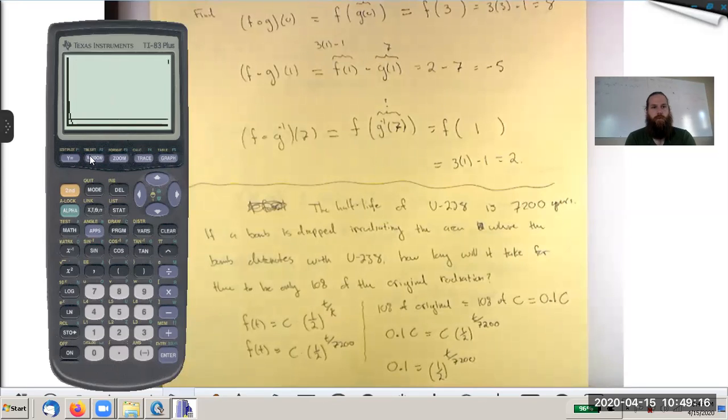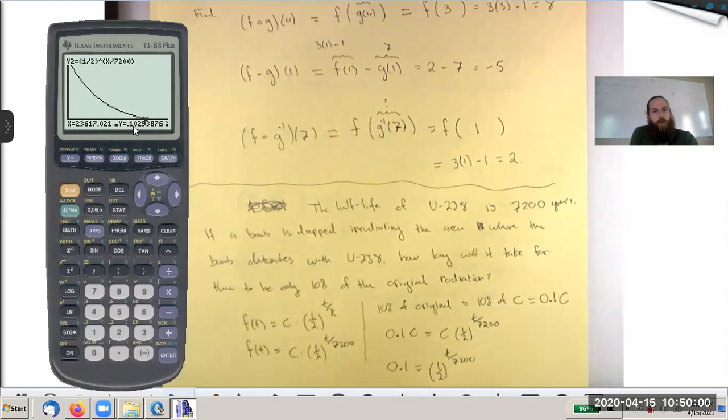All right, so that x max is too large. So let's change this to maybe 30,000. That's looking pretty good. So remember, what I want is the location of this intersection point. I can grab my trace function, hop up to that graph, and start looking here. I'm looking for the y value to be exactly 0.1. That's where these are going to touch. We're getting closer and closer. Oh, that's too far. So here, look. When x is